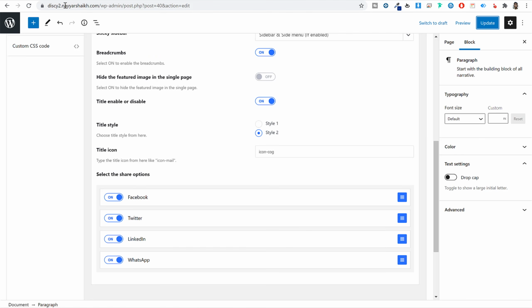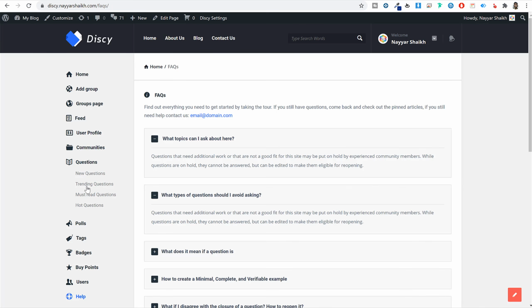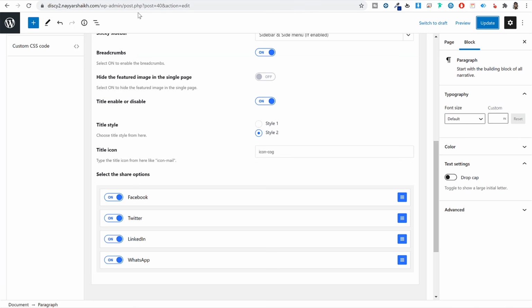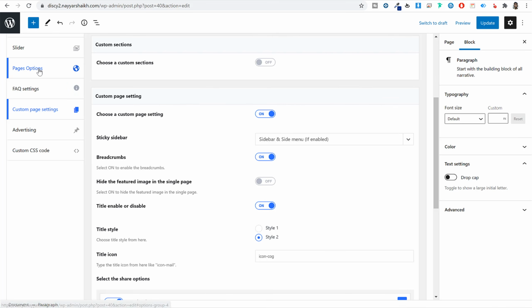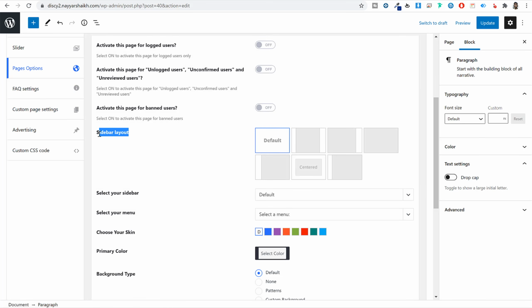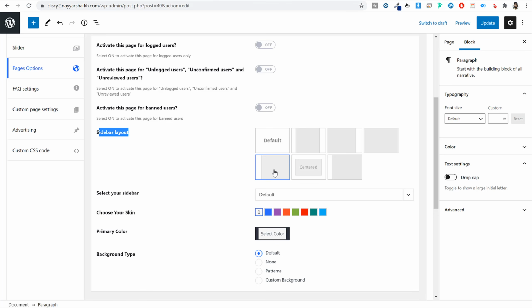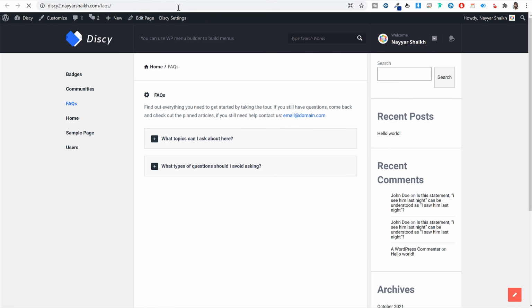Now we can do one more thing. If you see over here, we only have the left hand side. We don't have the right sidebar. So if you want to do the same thing, you can go to pages option and you can change the sidebar layout. So let's select this one. Here we only have left sidebar, or maybe let's select this one. Okay, whatever you want, you can select this, click on update, again come back, refresh it, and now